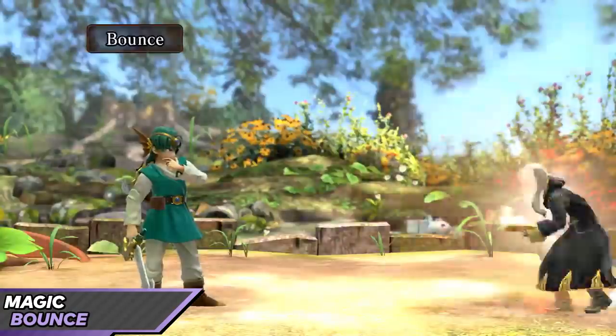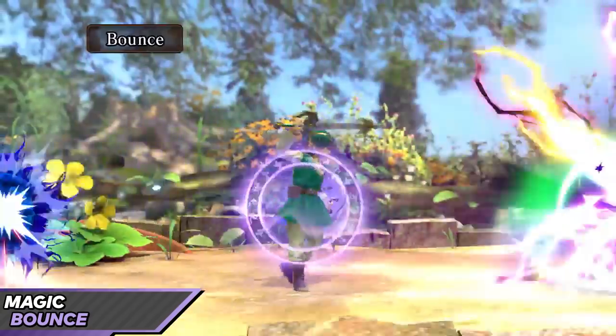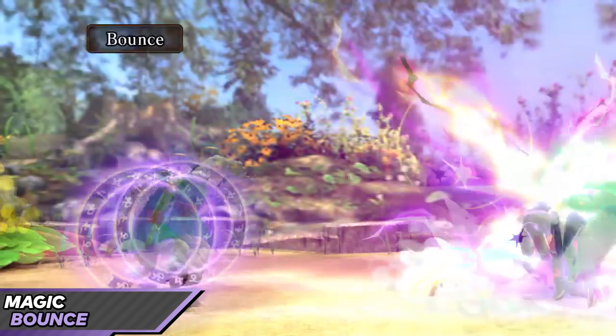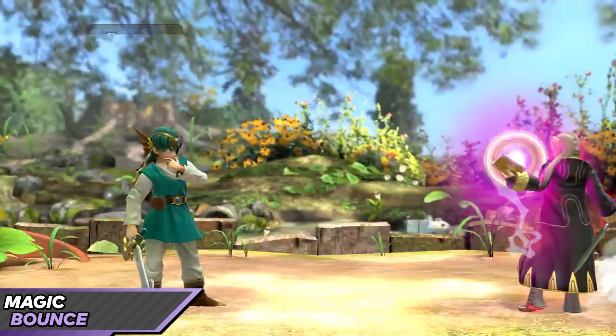Bounce is a reflector with a twist. Based on this clip, it seems it lasts a while and you can move freely after setting it up. You figure there'll be some downside though. My guess is it won't have a hitbox, making it a complete waste of mana in the face of any